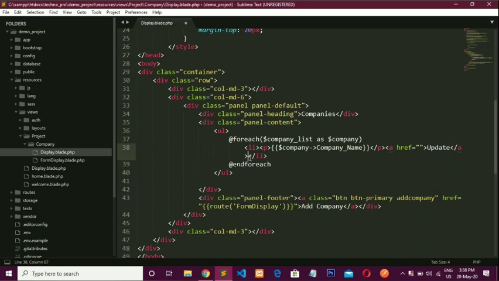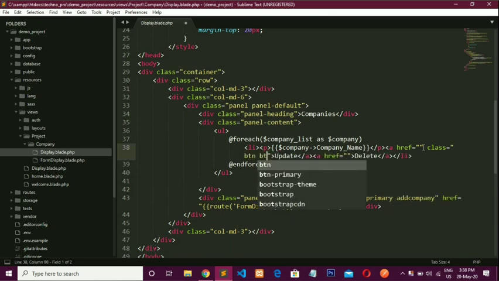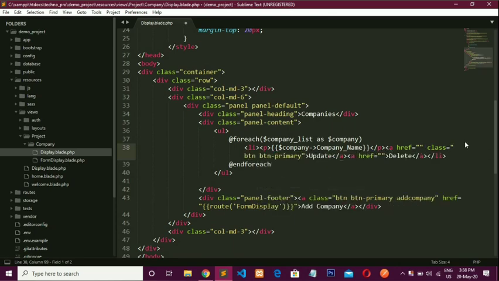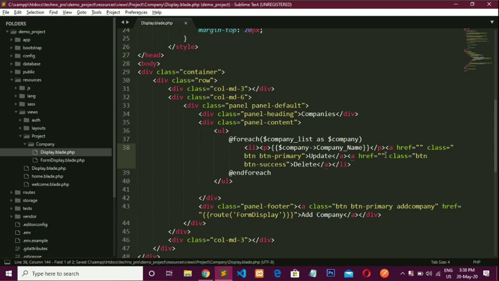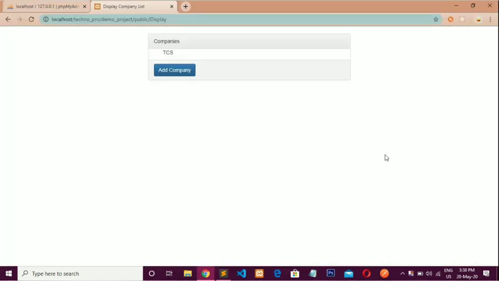Now here I am using some Bootstrap classes, which is btn primary for the update link, and for the delete link btn success. Now save and refresh.